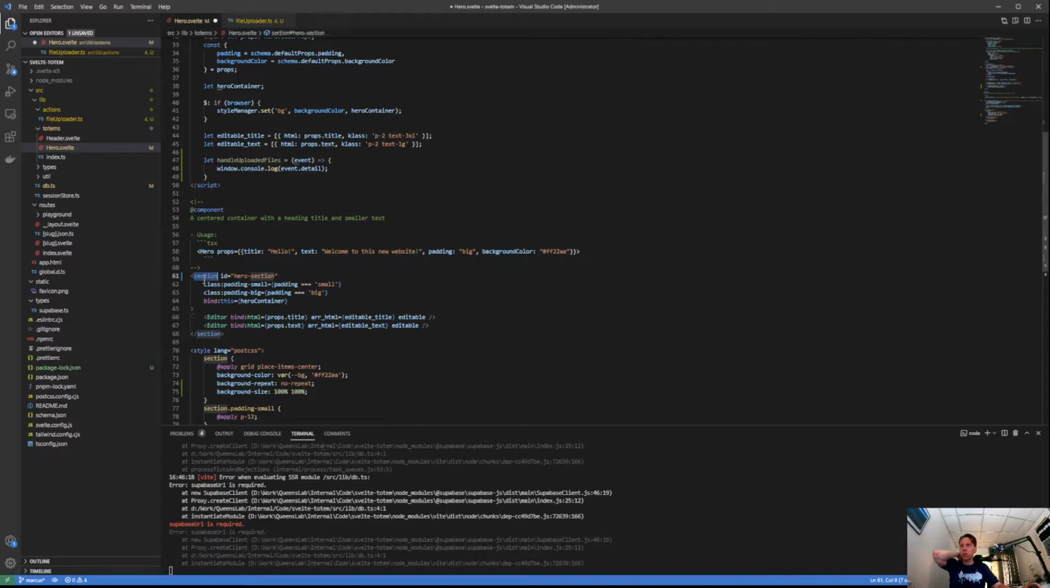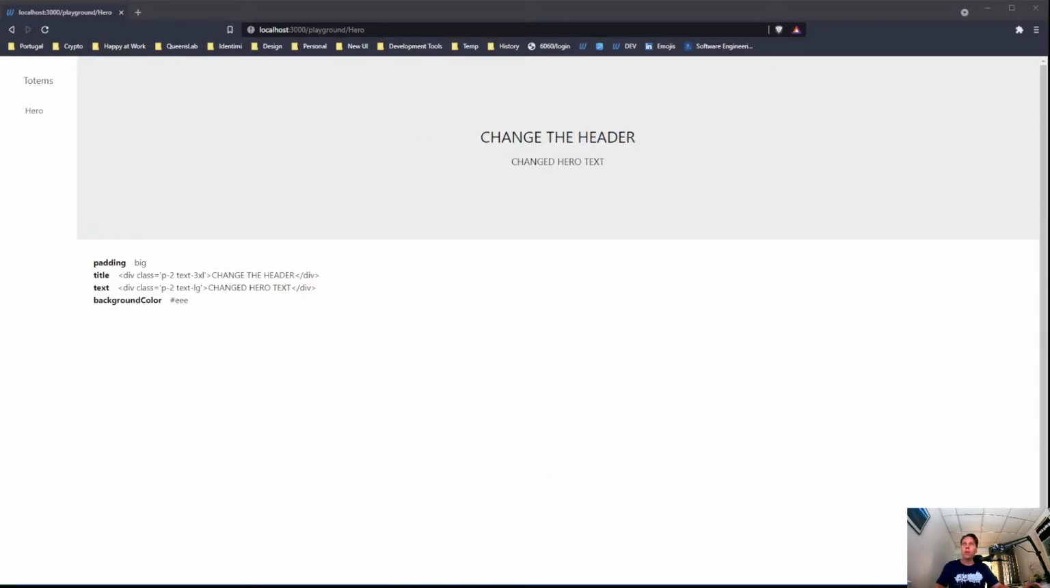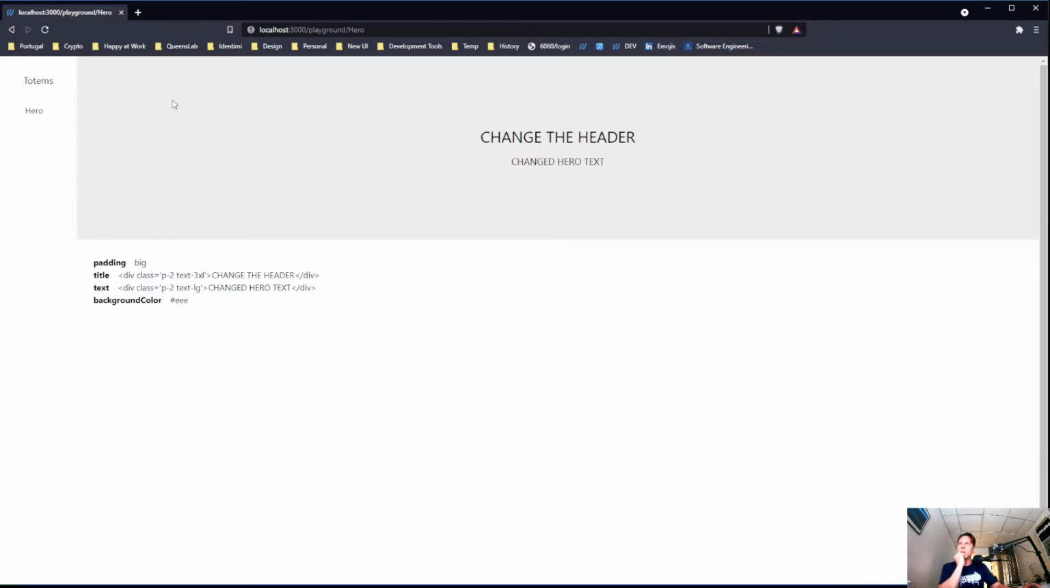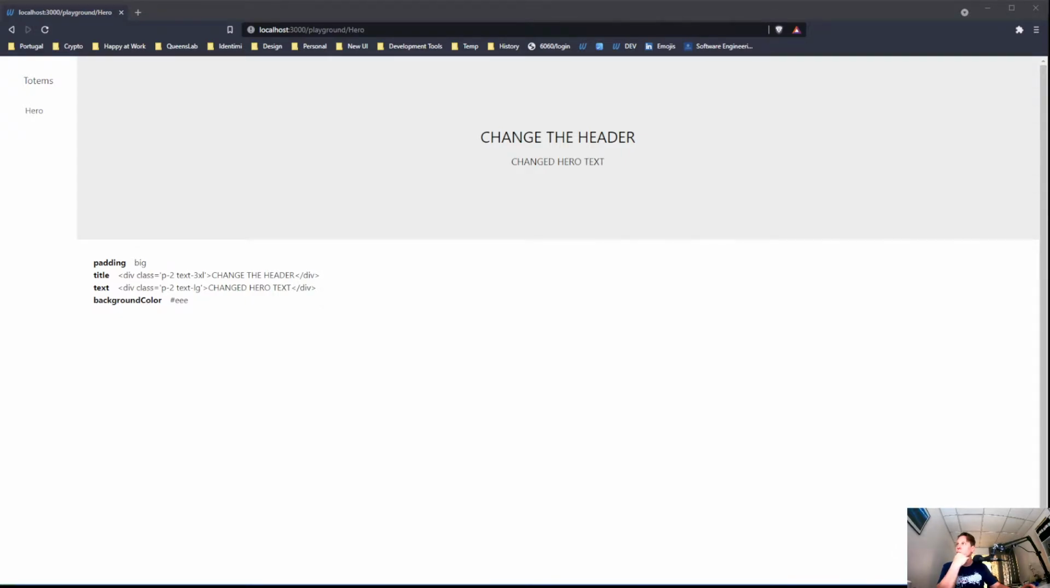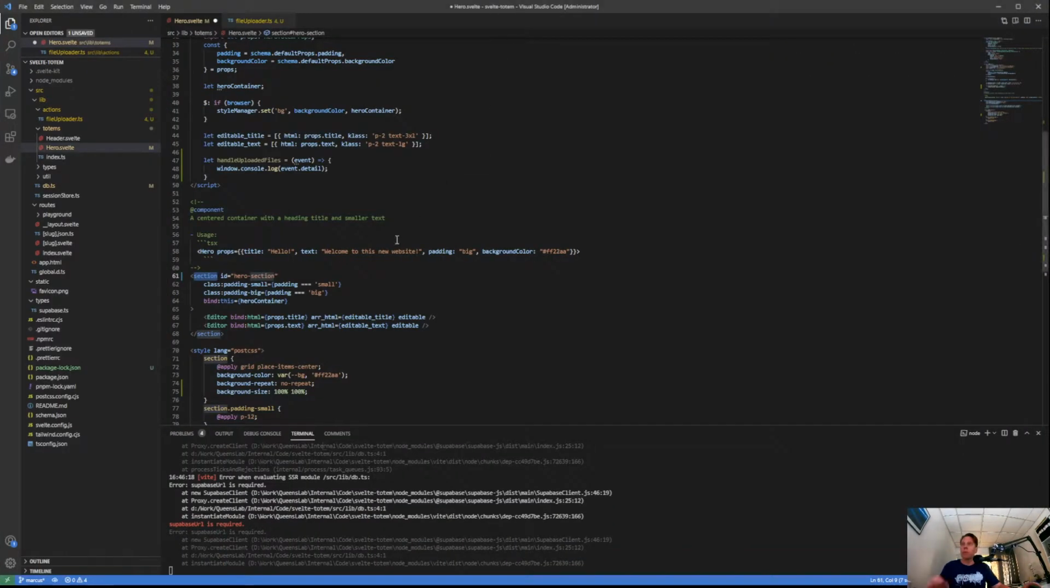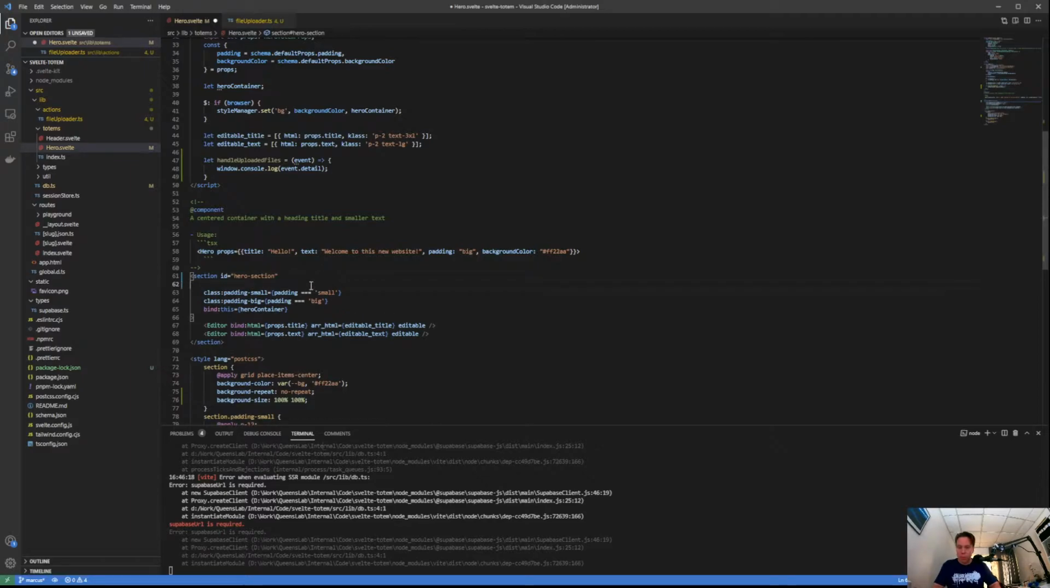Okay, so this is the hero section. So this is the section where, if we take a look at the browser again, this whole area here is the section where the header is located and the hero text is located. So we should be able to do it like this. Use colon